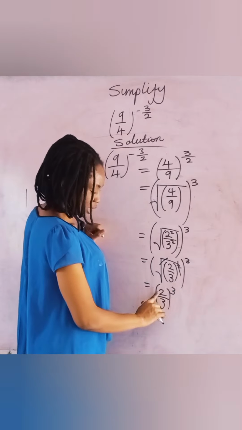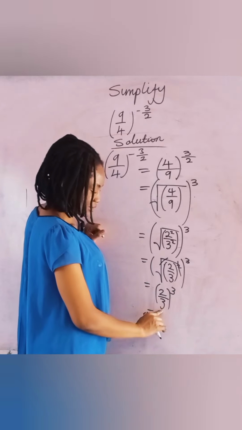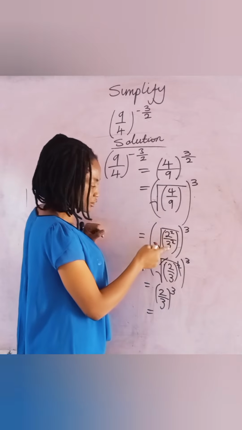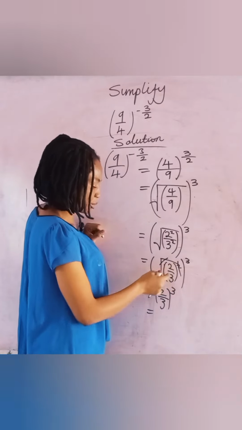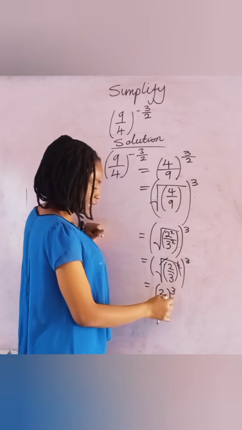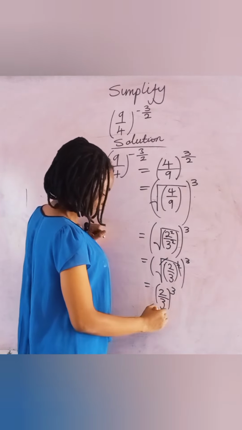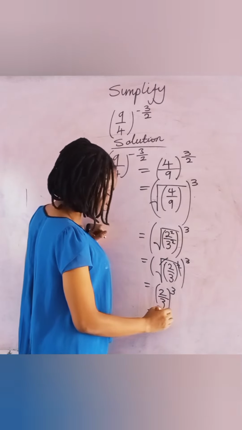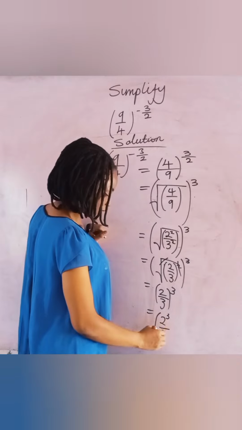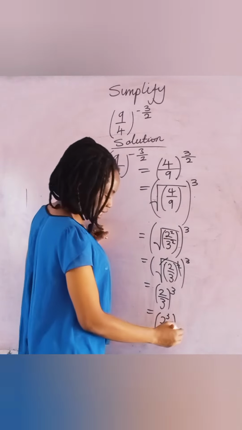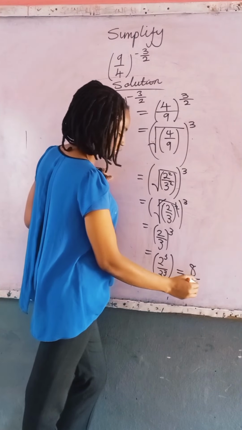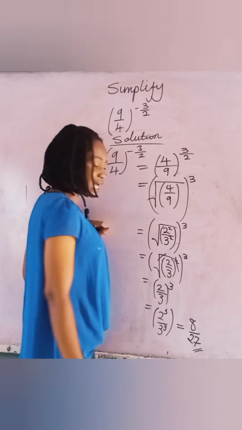The next thing to do is to open up those brackets. Recall when we factorized here, we said that this is the same as this, that if you open it, it becomes the same thing. Now this will become 2 raised to the power of 3 over 3 raised to the power of 3. Alright, it's the same thing. And that will give us 27. Now that's the final